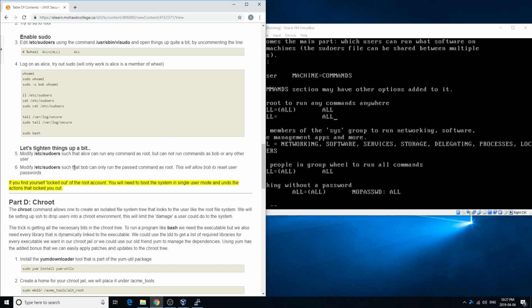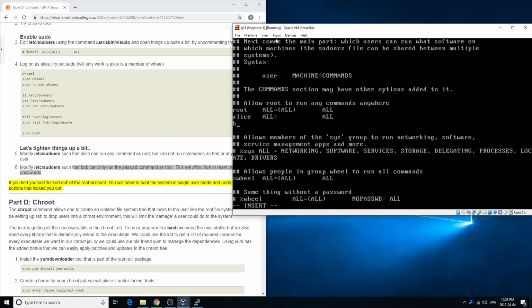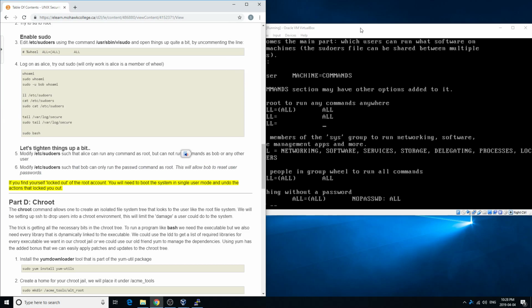The next task is to make sure that Bob can only run the password command as root. This will allow Bob to reset the user passwords, but nothing else. So let's make an entry for Bob. Bob, once again, most likely all machines or all terminals, and most likely only as root. Doesn't necessarily say it can't be, but we are going to imagine Bob should only be able to use sudo as root. But we can't say all here because it can only be one command. So how we're going to do this is we're going to type the full path of the command password, which is